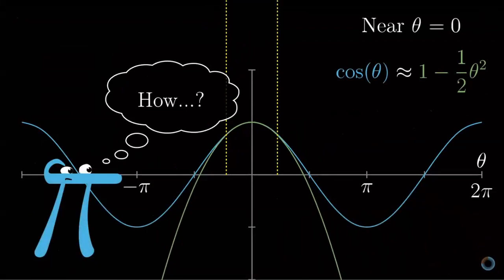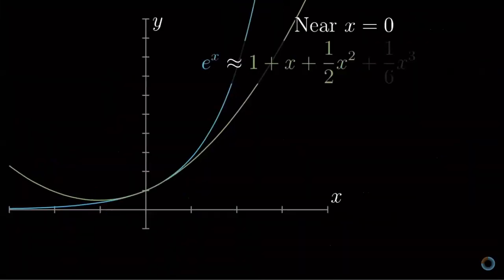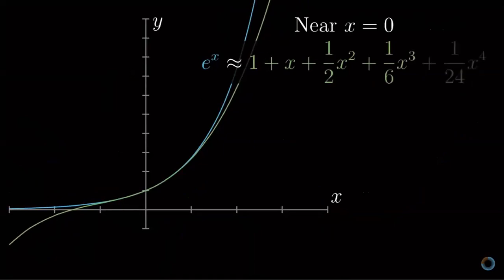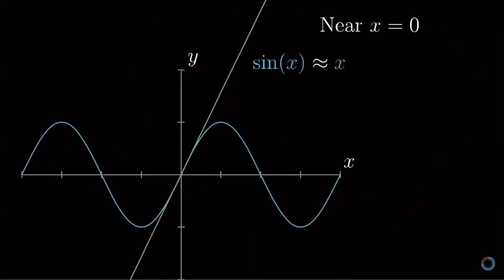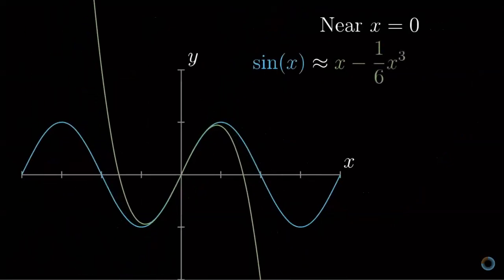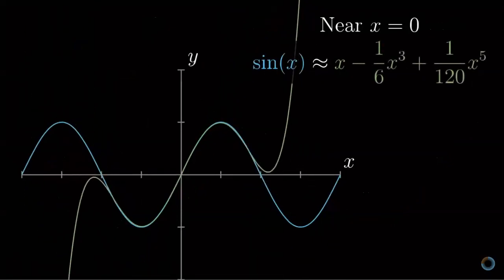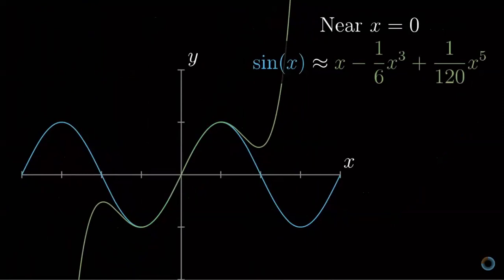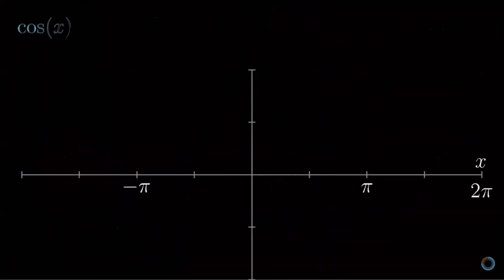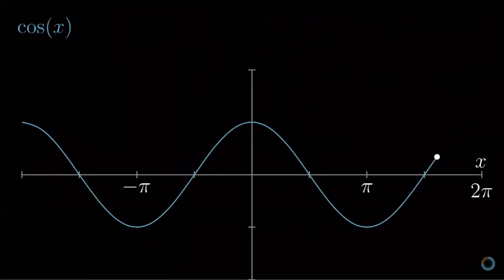The study of Taylor series is largely about taking non-polynomial functions and finding polynomials that approximate them near some input. And the motive here is that polynomials tend to be much easier to deal with than other functions. They're easier to compute, easier to take derivatives, easier to integrate, just all around more friendly. So let's take a look at that function, cosine of x, and really take a moment to think about how you might construct a quadratic approximation near x equals 0.